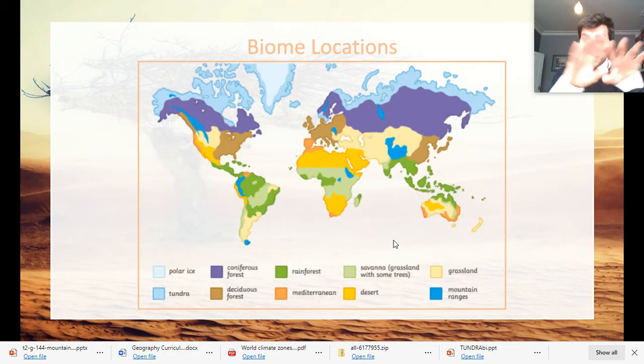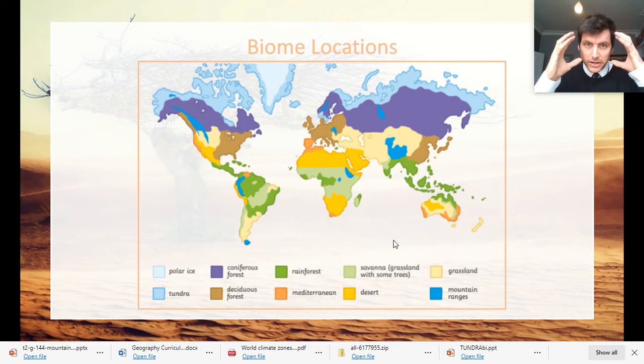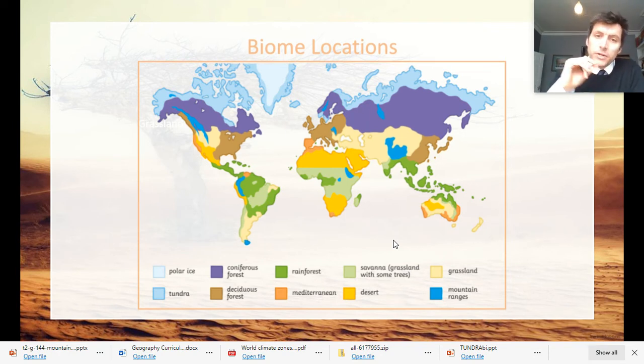Okay, so this is the map you need to just try and fixate your mind on for a second. So this is the biome location. Okay, so you can see that purple strip across the northerly element of the map, which is the coniferous forest. Beyond that, we've got the polar and the tundra element. We in Britain and elements of Europe exist within the deciduous forest biome. Then beneath us, we've got the Mediterranean and then the desert biomes, and then we've got those savanna areas which